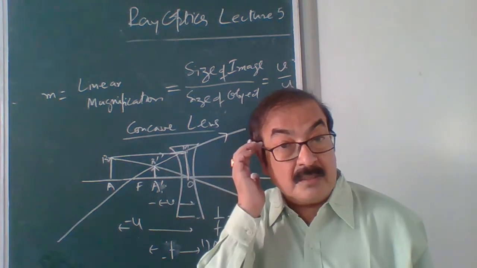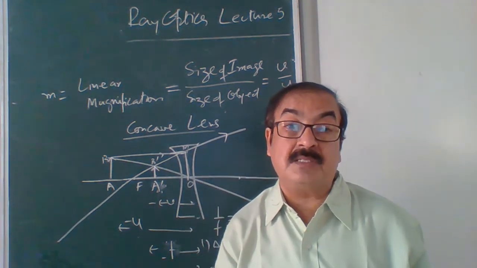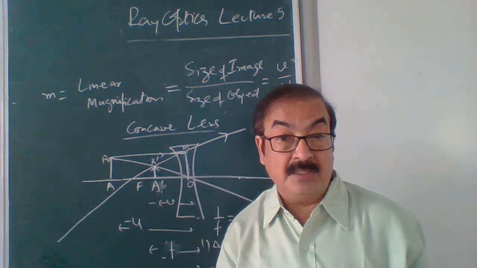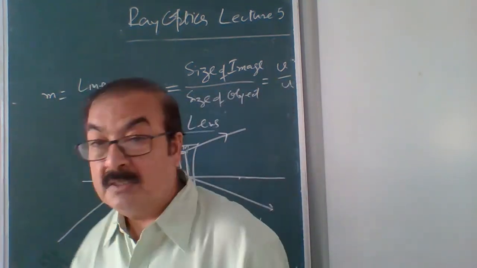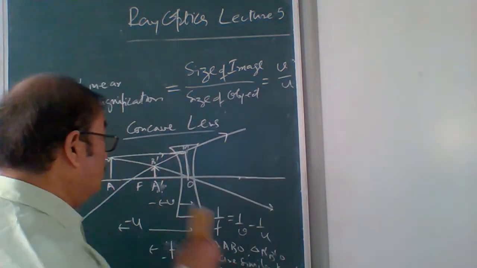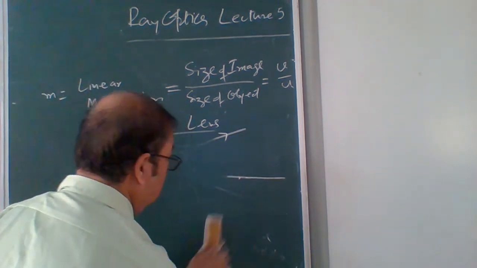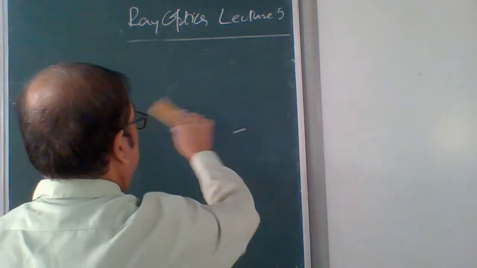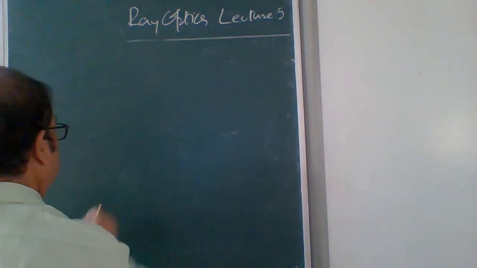Unlike those of convex lens, where the image is inverted as well as real. But I must tell you, in one case you can also have a virtual image by a convex lens. It is not the case that it gives a real image every time; it may also give you a virtual image.